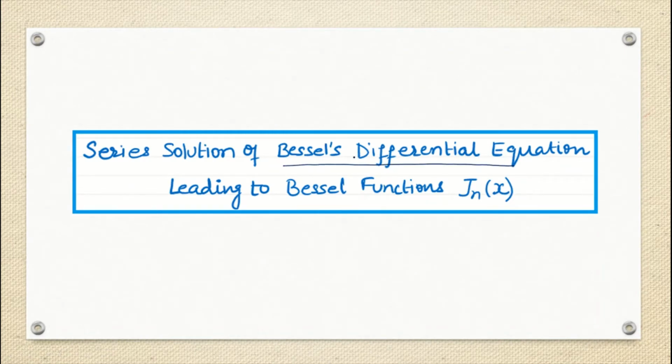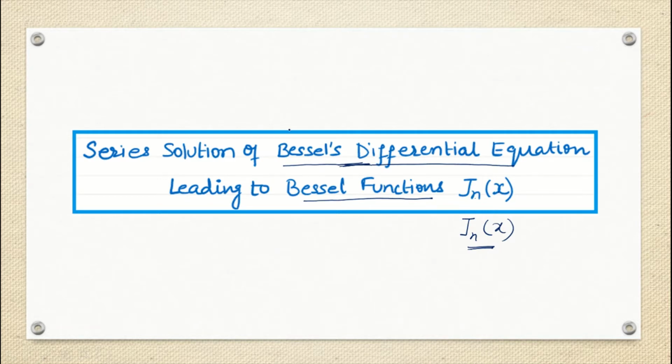We have some linear differential equation called Bessel's differential equation, and in the syllabus even Legendre's differential equation, where we may fail to find the solution by our usual method. So in these cases, when we have to find the solution of Bessel's differential equation, we opt for series solution. Then we find the Bessel function, which is also written as Jn(x). The Bessel function is also called a special function. We'll see how to find this Jn(x) and how we follow the process of the series solution method to get the answer of Bessel differential equation.